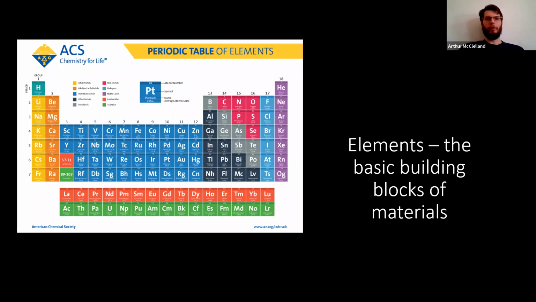So what do we have to work with when we're trying to make a quantum material? Well, all the elements known in the universe are arranged neatly in the periodic table. I think this one goes through 118 elements. Some of them are not stable for a long period of time. Some of them are radioactive. So we'll round it off to 100. So you have about 100 building blocks to work with.